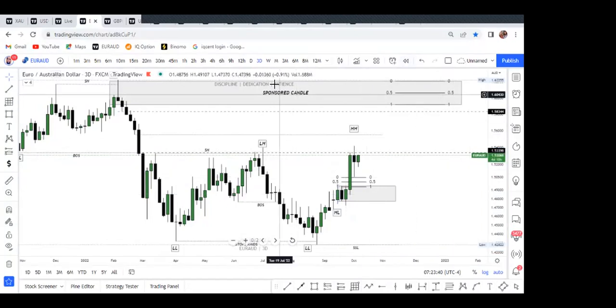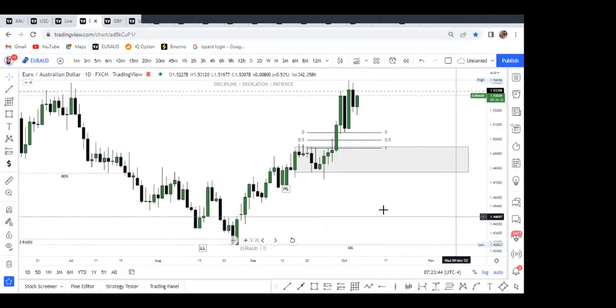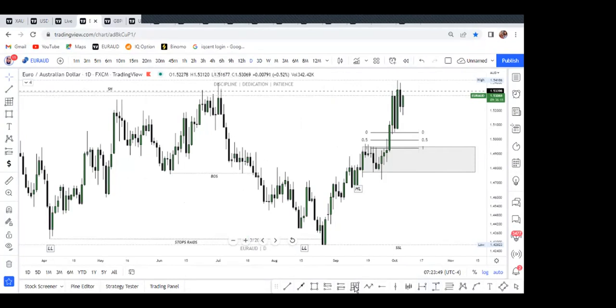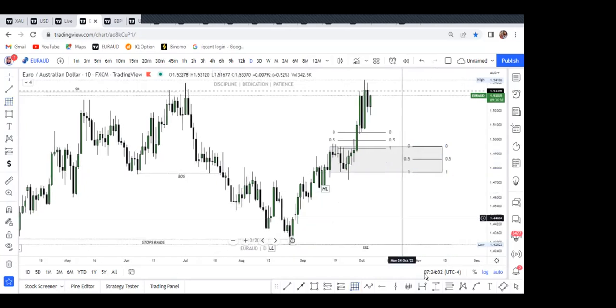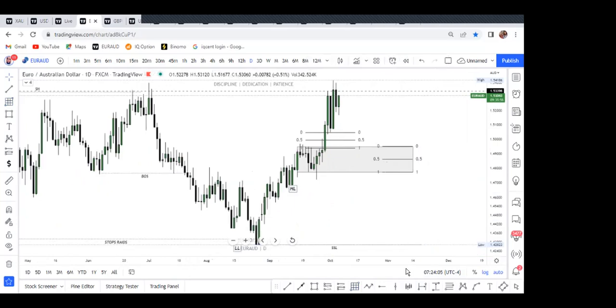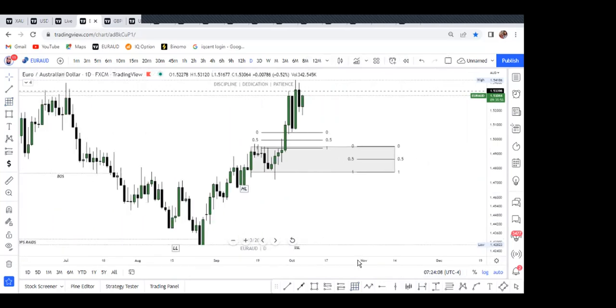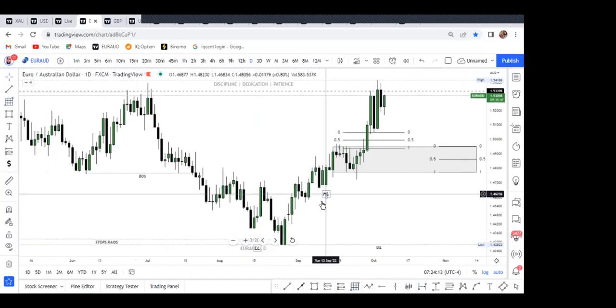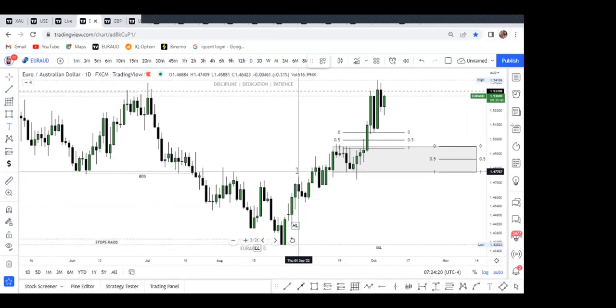So let's look at the daily. I'm just going to leave that 3-day zone marked. That 3-day zone is usually very strong. 3-day zones are usually very strong zones. I've seen it do wonders on some pairs. Now, a higher low. Basically, on the daily now, we are having more structure, a higher high.